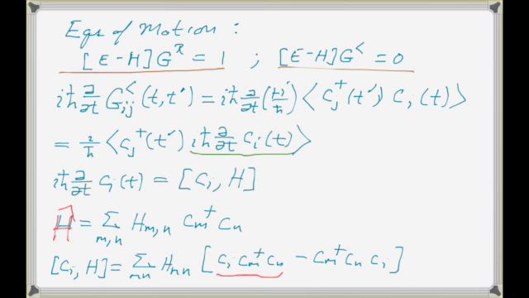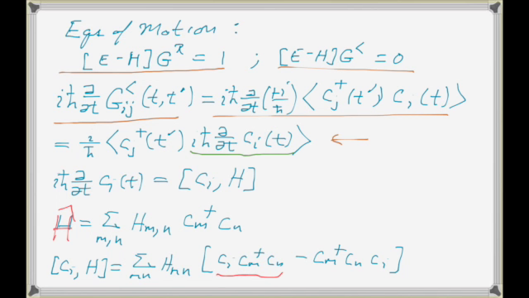The first thing, it's easier to start by evaluating this explicitly using the definition over here. So the d/dt only operates on t, not t prime. And so we get this line down here where I underscored in green where the d/dt is operating. So the c_j dagger of t prime just goes along for the ride here. Nothing's happening to it. So we just need to evaluate